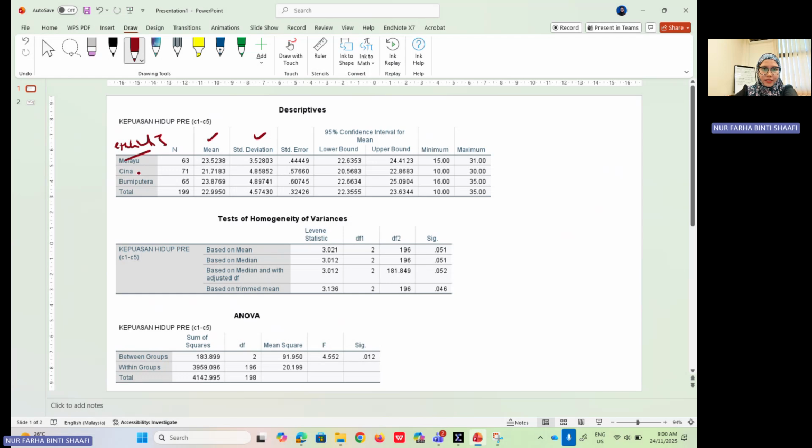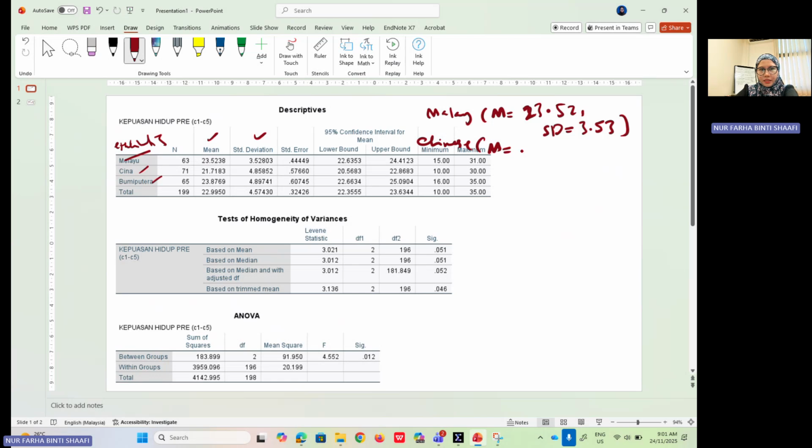So you have the Malay, the Chinese, and Bumiputra. The mean is here. For Malay, you have the mean of 23.52 with the standard deviation of, remember SD is the short form for the standard deviation, 3.53. And then for the Chinese,